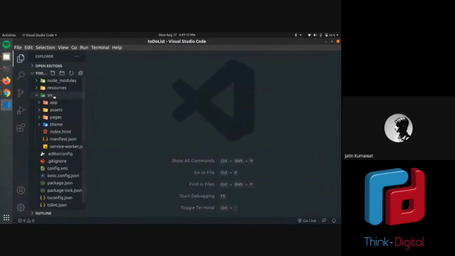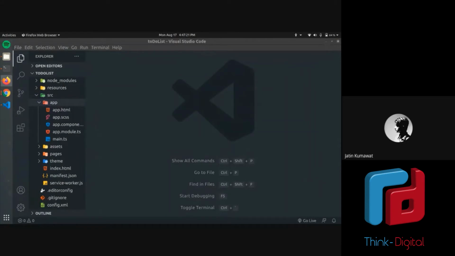Now we will move on to the src folder. As you can see, the src folder has a few files and folders. The first folder is app. This folder is one of the root components of your app. It is an important root folder. The app folder has the app.html file, which is the main template for the app.